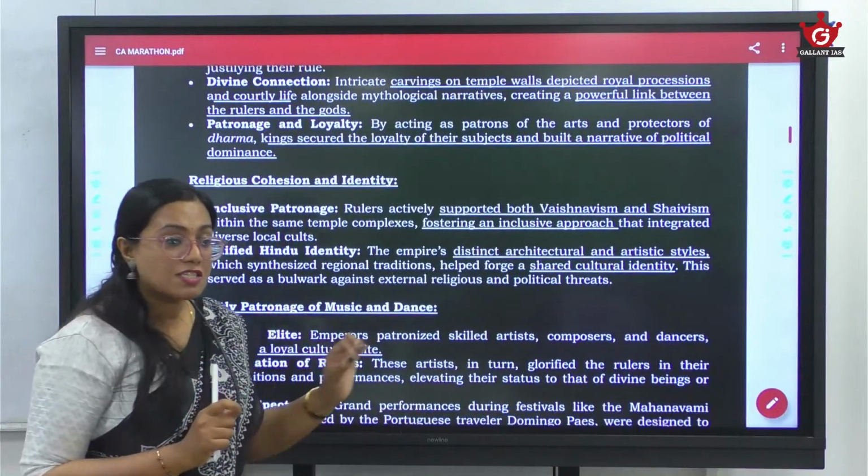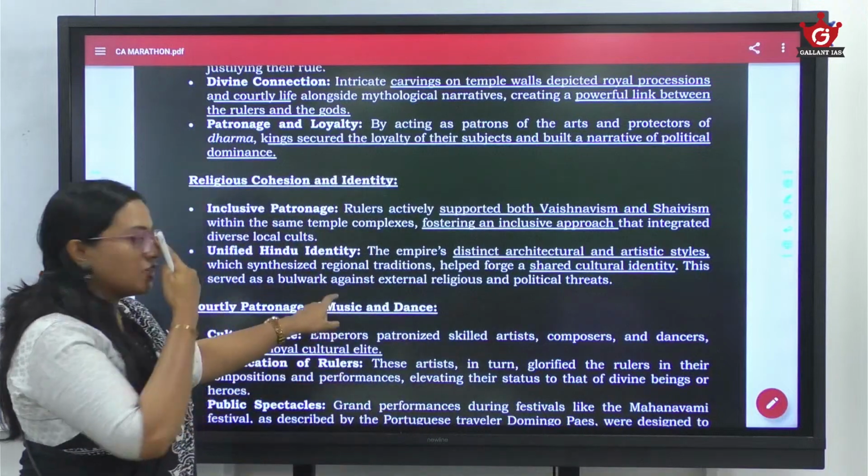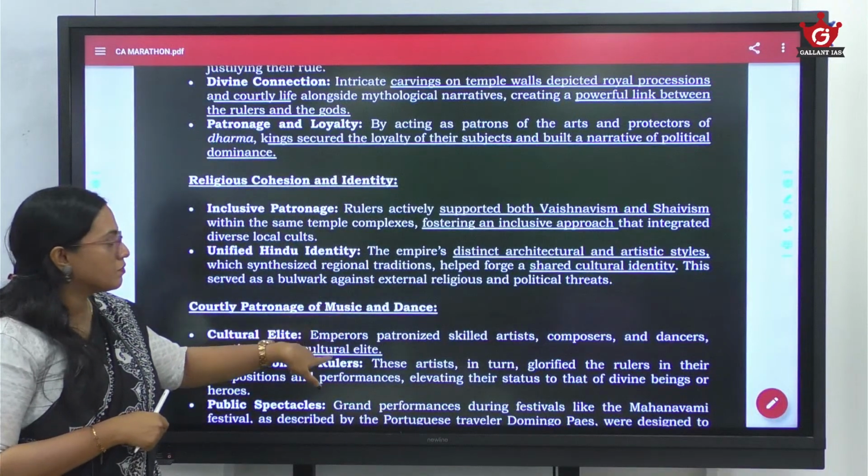See, when you are using such terms in your answer, remember to underline those things. Okay. Now, unified Hindu identity. Unified Hindu identity is,